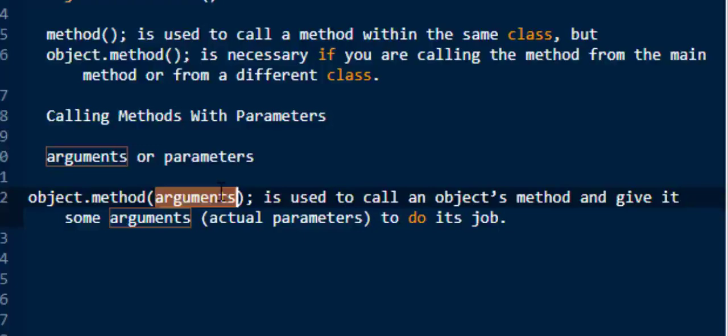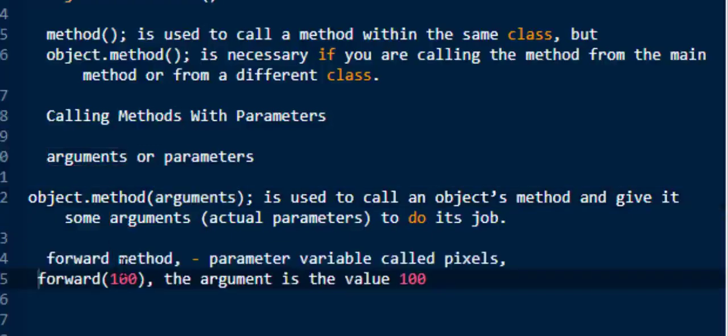When we create our own method, the variables we define for it are called formal parameters. At the same time, when we call the method to perform a task, we pass in arguments or actual parameters to do it. So, in the definition of the forward method, it has a parameter variable called pixels, and in the call to forward(100), the argument is the value 100, which will get saved in the parameter variable.